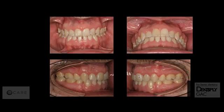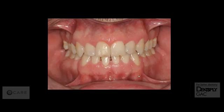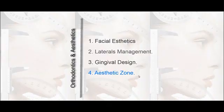This is 8 months post-ortho treatment, and he's getting also bleaching of his upper central incisor. And everything is looking much nicer and everything is stable, as you can see over here. So this is the end of Daniel. Perfect. And the last thing I want to talk about, the last group that I was telling